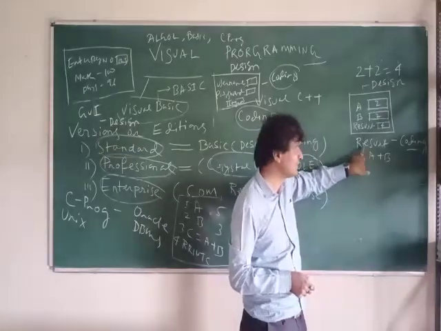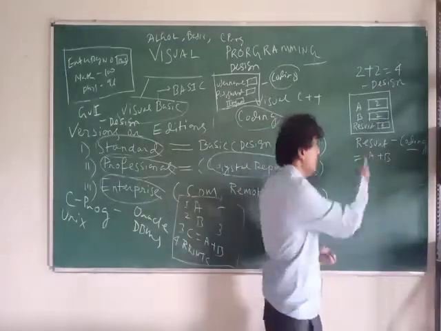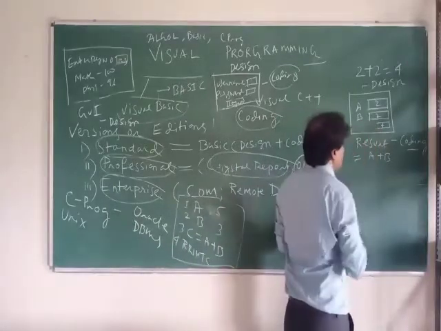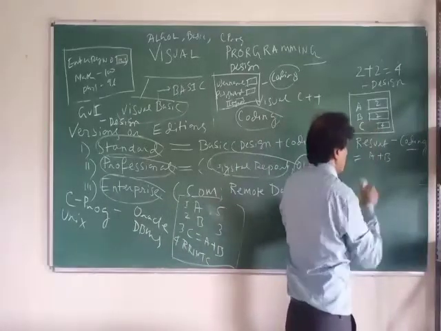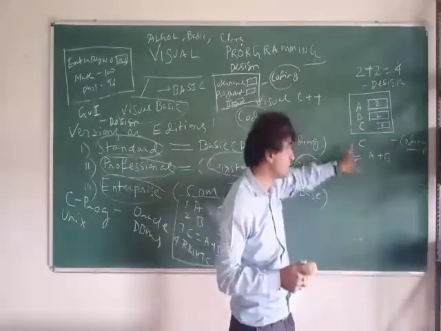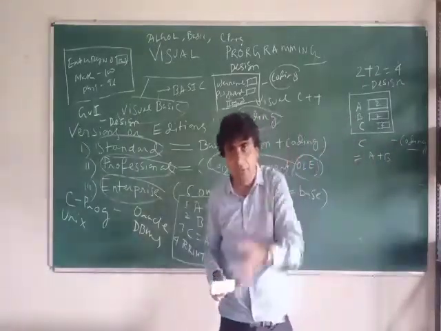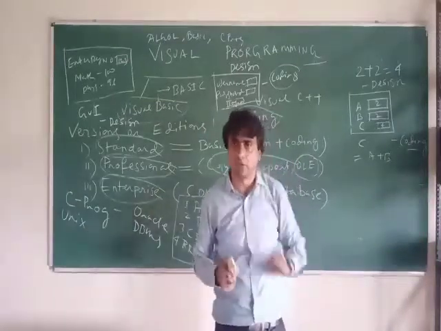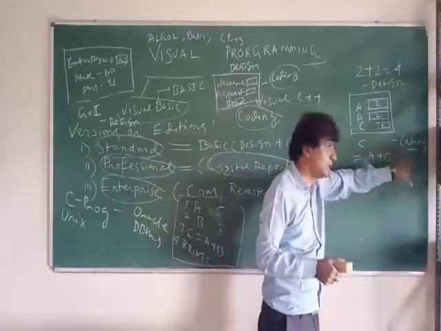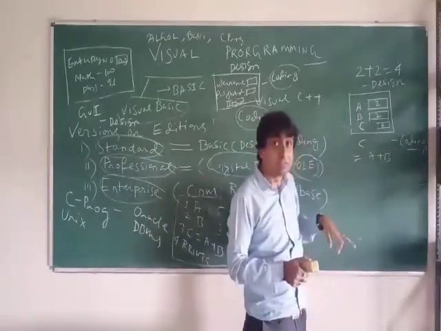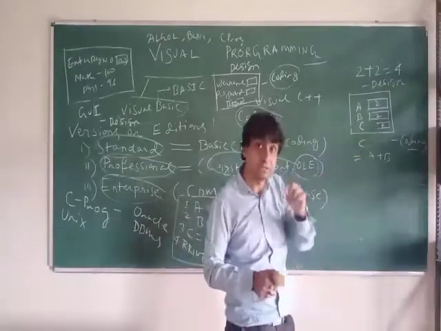And for that some coding will be there. What code? Result is equal to A plus B, or C is equal to A plus B. We can write like this also. So what is common for you? This C is equal to A plus B, you have used in C also, in Unix also, in data structure also. This is coding or programming. But what is new for you? This window. This window was not there for you earlier.